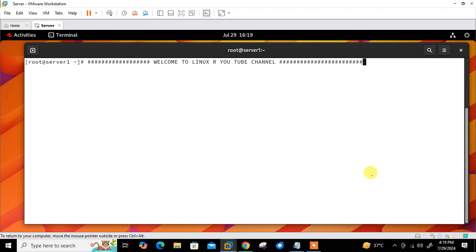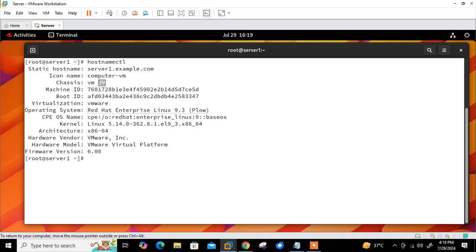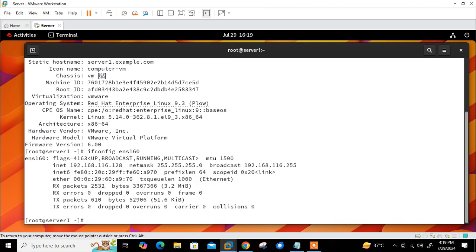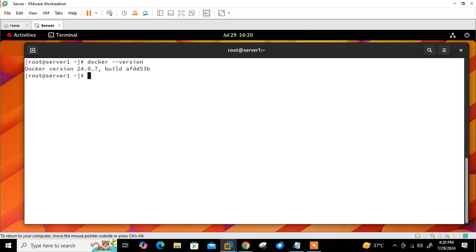So guys, here you can see this is my VMware Workstation and currently I have one Linux virtual machine where I have already installed the Docker tool. So let me show you the OS release version, the IP address of this base machine and the Docker status. So hostnamectl. Currently you can see I'm using RHEL 9.3 and the machine name is server.example.com. If I go with ifconfig ens160, the Ethernet LAN card, the current IP of this machine is 192.168.116.128. And if you check docker --version, you can see Docker version 24.0.7 is available in